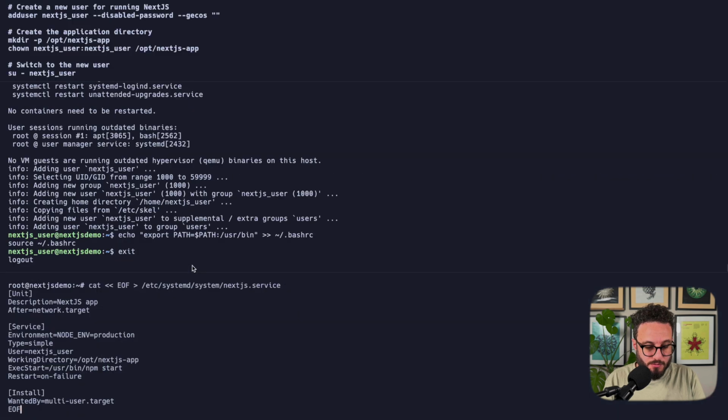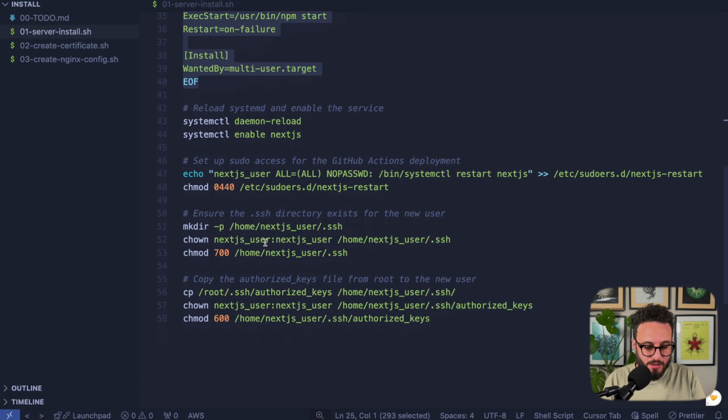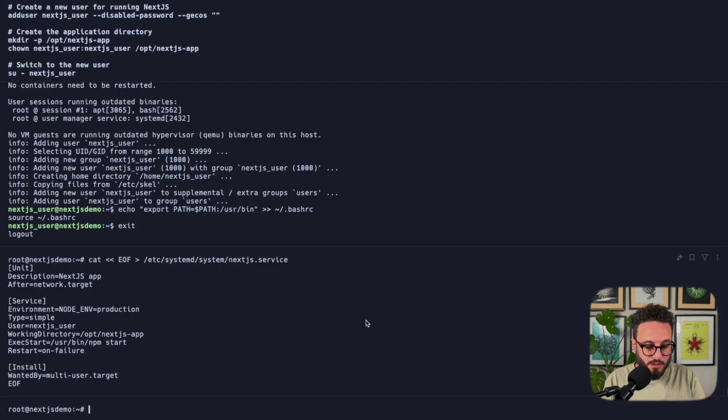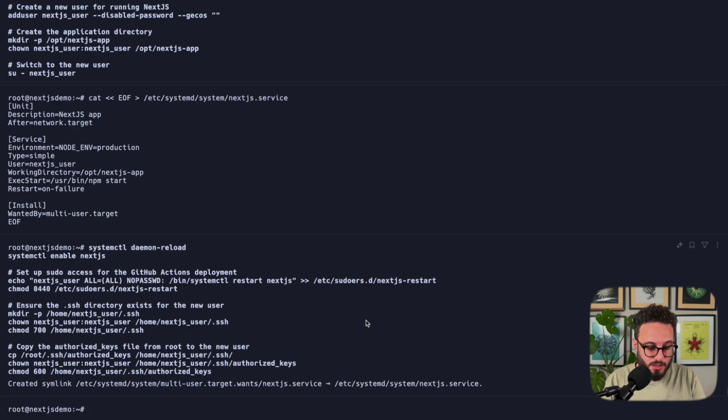Okay, create the systemd configuration file, and let's just execute the rest of it. So we're basically at the end of the file. We're basically setting up who can access the server. We're using the SSH keys for that, for authentication, and we are done with the first part. Okay, so we have almost everything installed, but now